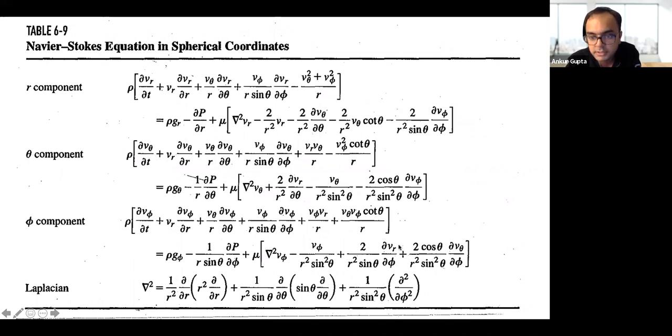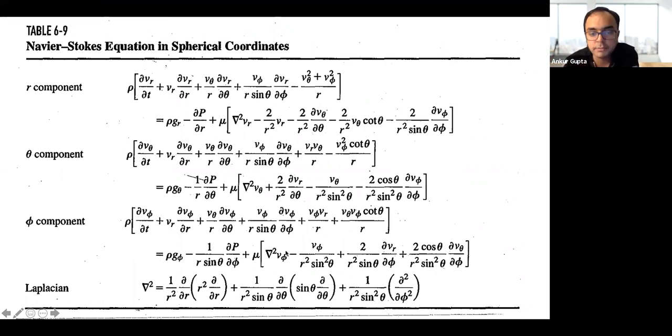So if you look at the cursor, this is the third and the fourth term, v theta and vr are also 0. So we essentially get Laplace of v phi minus v phi by r squared sine squared theta is 0. And note that the left hand side is completely 0 because this is a Stokes flow. So the left hand side is not important, and it's inertia, so we will completely ignore them.